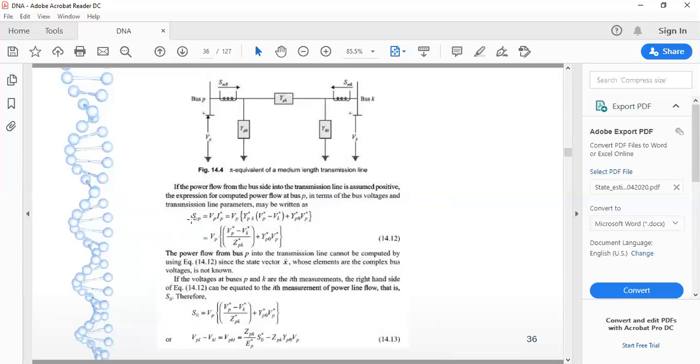So let's start with the apparent power at bus number P, which is the product of the bus voltage and Ip conjugate. Now Ip conjugate, if we elaborate in terms of load flow, is Vp minus Vk into Ypk plus its shunt component, Yp0 into Vp conjugate. If we calculate further and make it more compact, our equation will be: Vp taken as common, and Vp minus Vk divided by, instead of Ypk conjugate, I can write 1 by Zpk conjugate, plus Yp0 conjugate, and Vp is as it is.